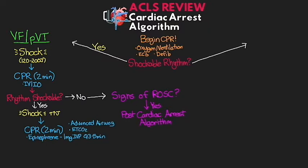Now, after the 2 minutes are up again, we're going to do another rhythm check and see if this is another shockable rhythm. And so once again, based on this assessment, if the rhythm is not shockable, we're going to move back to assessing whether we have ROSC in our patient. But then again, if the rhythm is shockable still, we want to deliver another shock here. And again, make sure you guys are continuing to increase those joules until you reach the max for the delivery of the shock. And then once again, like I talked about, you want to immediately resume the high quality CPR